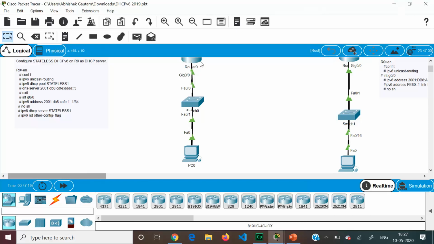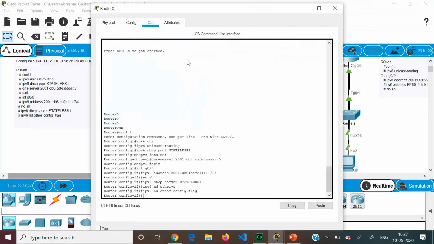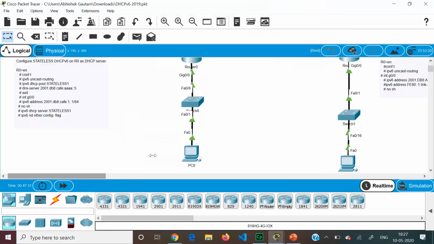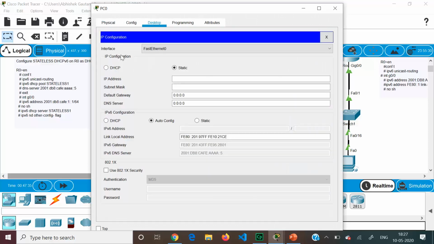Here you can get the prefix information from the router, but the remaining information you need to get from the DNS server. That is why we are saying the other flag has to be set as 1, and the command is this. We will go to the PC, go to Desktop, IP Configuration, static, and then auto config. So it has got the information; it has got the DNS server also from the pool which we had created.